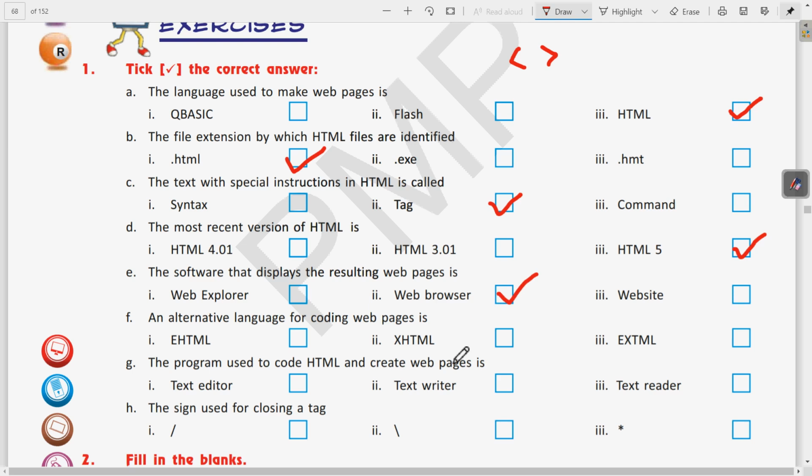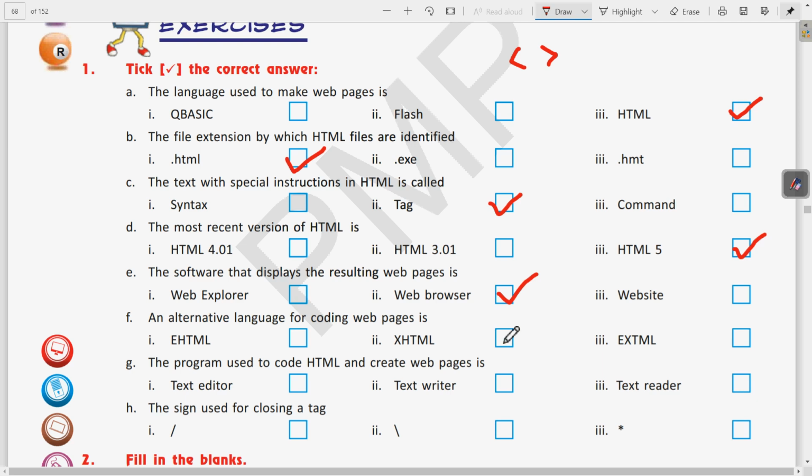Now question number F is, an alternative language for coding web pages is, so here the options are eHTML, XHTML and EXTML. We have discussed in the chapter that XHTML is an alternative language, that is the extensible hypertext markup language.